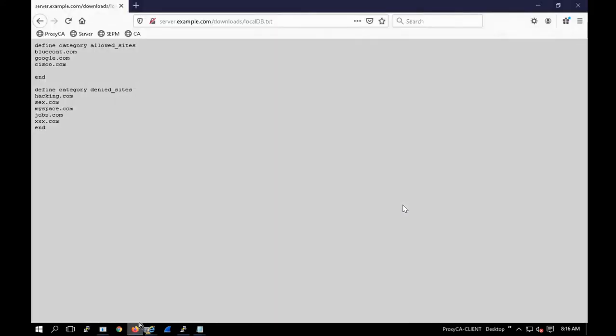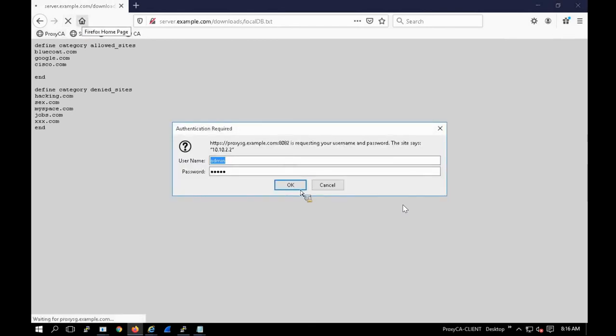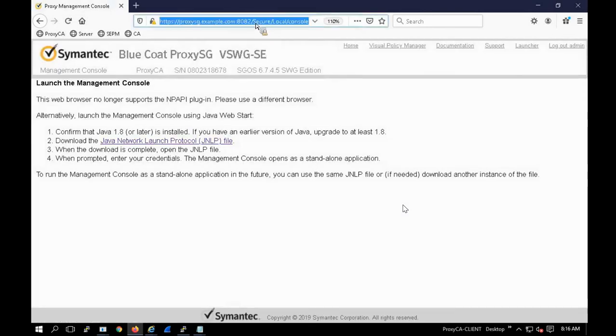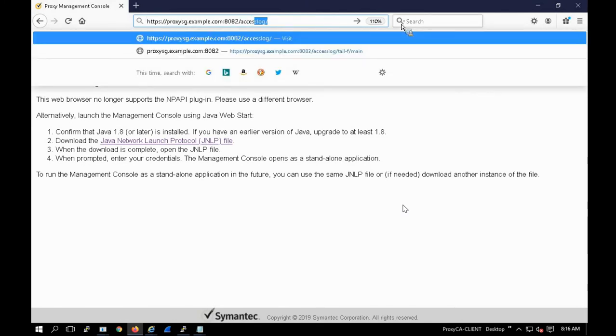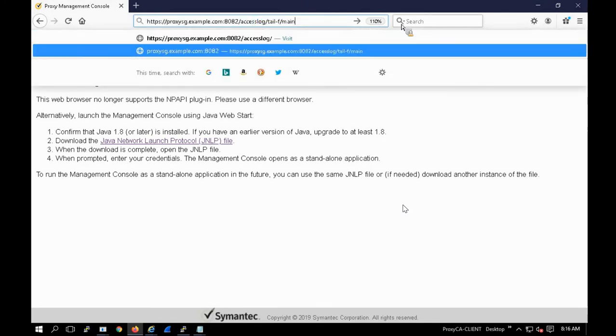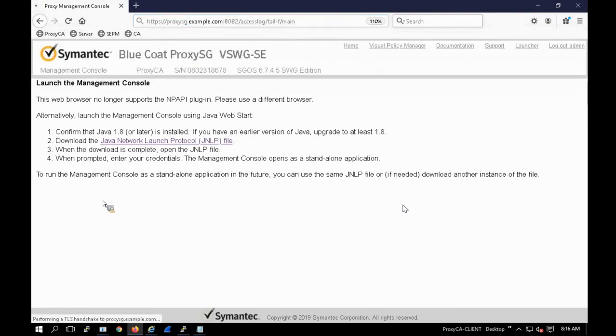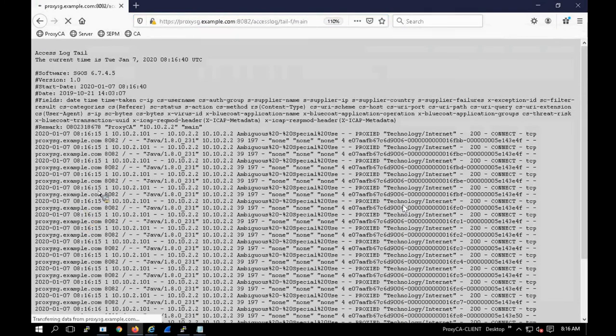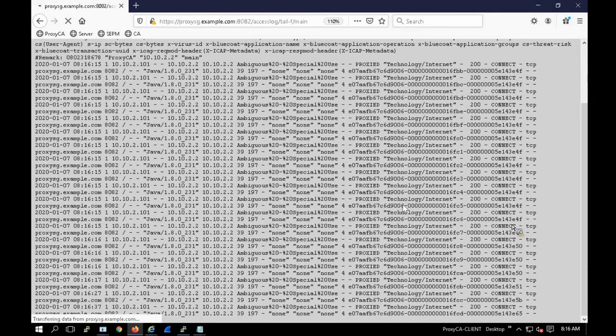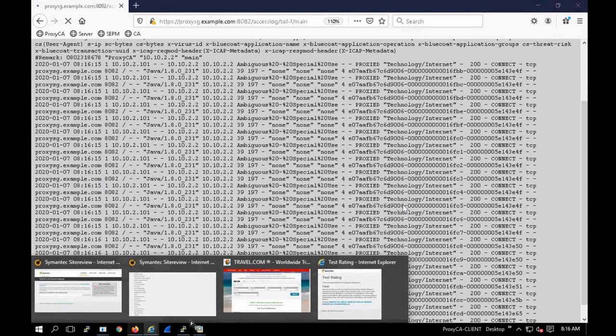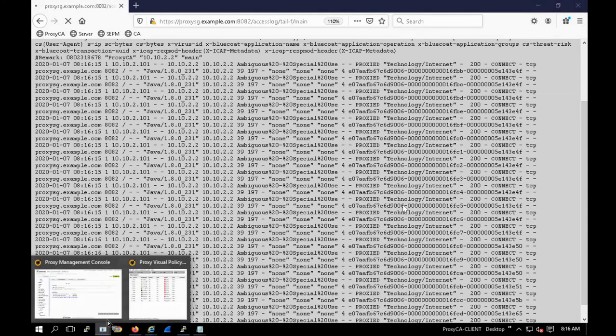Now, let me show you a log tail coming from the proxy. Okay? So a log tail looks like this. Okay, so let's go to access log. So this one, main. All right, so as you can see, this is the UTC time zone. All right, so as I try to access some website, okay, let me just